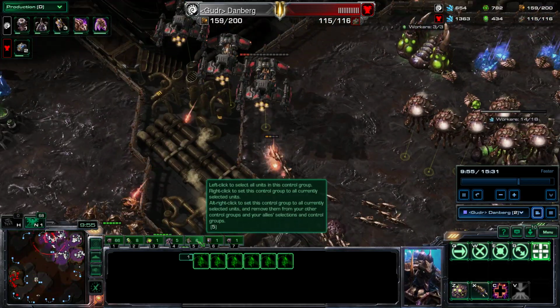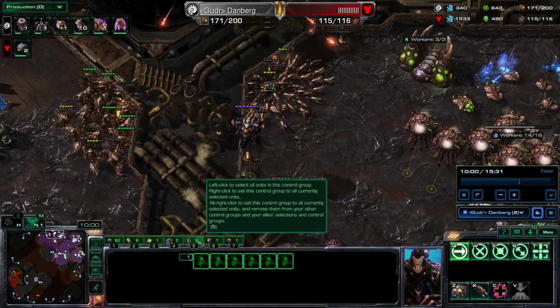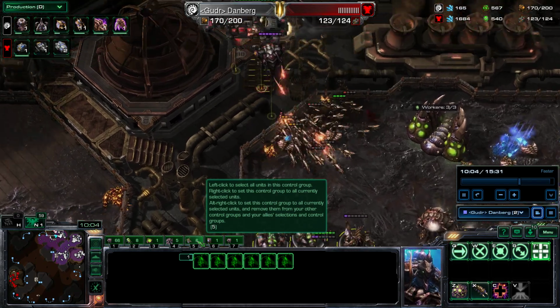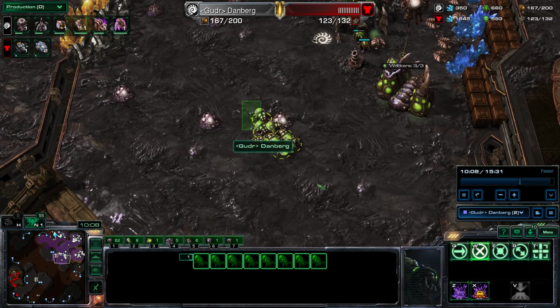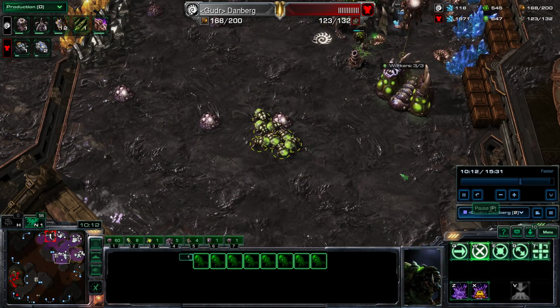I've got all my Banes. I'm going to pull my Banes away. I honestly just selected everything and moved it towards it. I'm not afraid of Hellion run-bys. You know why I'm not afraid of Hellion run-bys? Because I've got all my Banelings up over here. This is, again, this is... You have to think about...